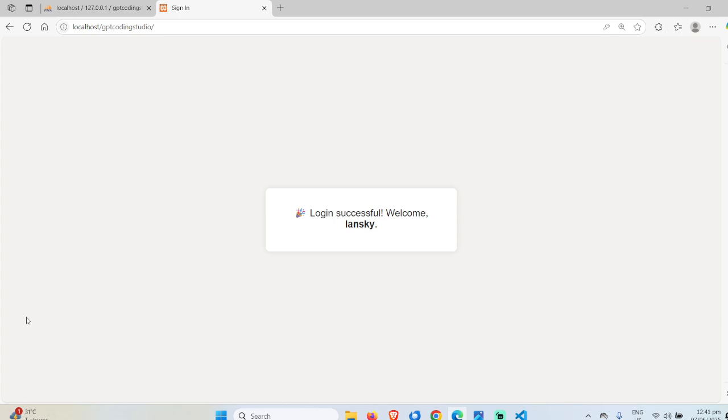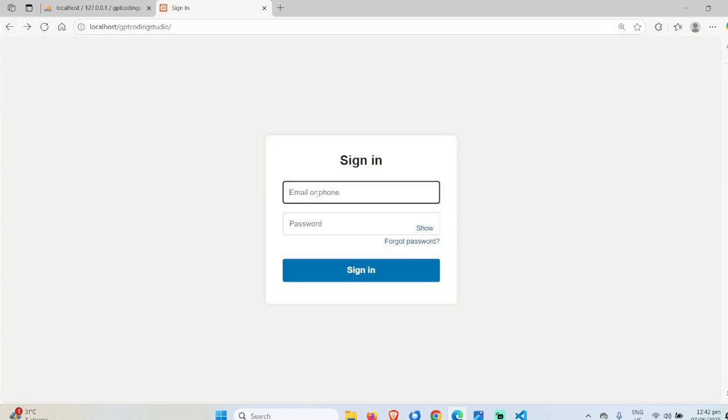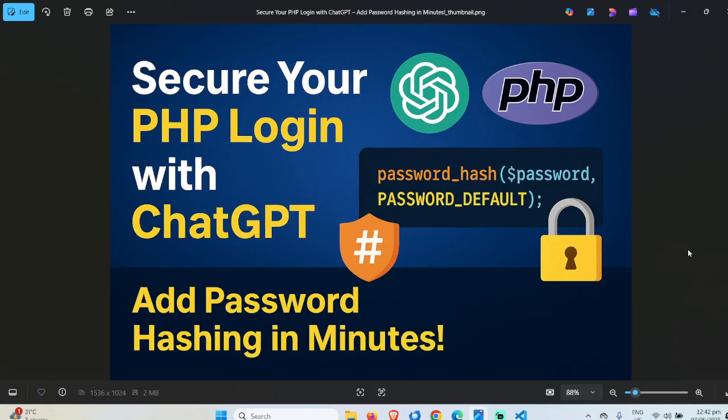And we're now using a more secure way of signing in because we have a hashing mechanism for a SHA-1 algorithm. Okay, let's test for the other one. Simple user. Password is simple me. Click sign in. Login successful. Welcome, simple user. So, we are able to secure our PHP login using the assistance of ChatGPT, wherein ChatGPT helped us add password hashing in a very concise way, in a very secure way.